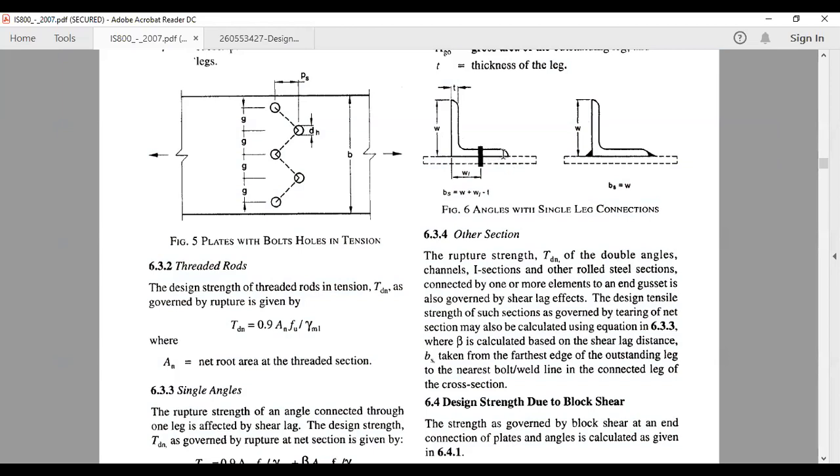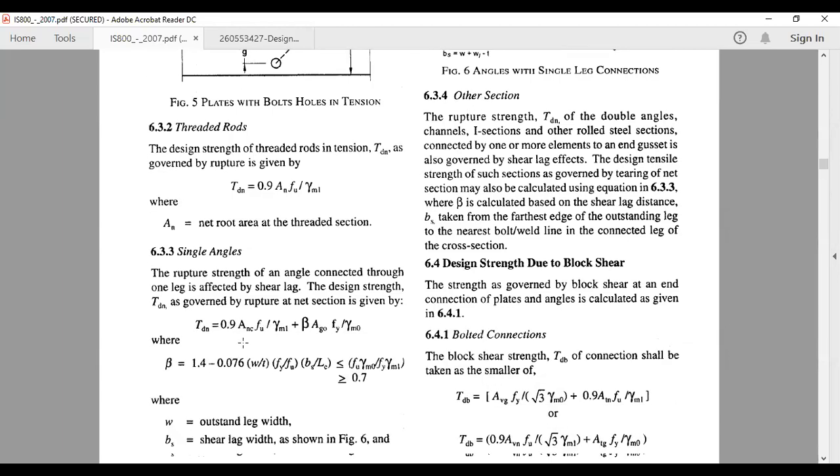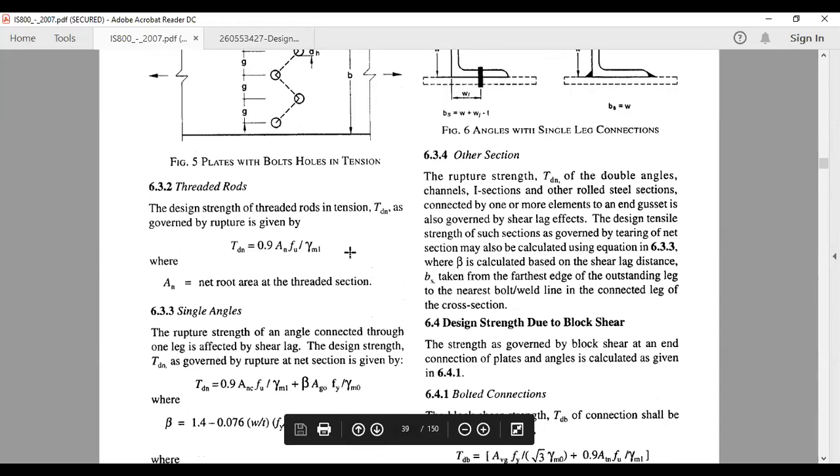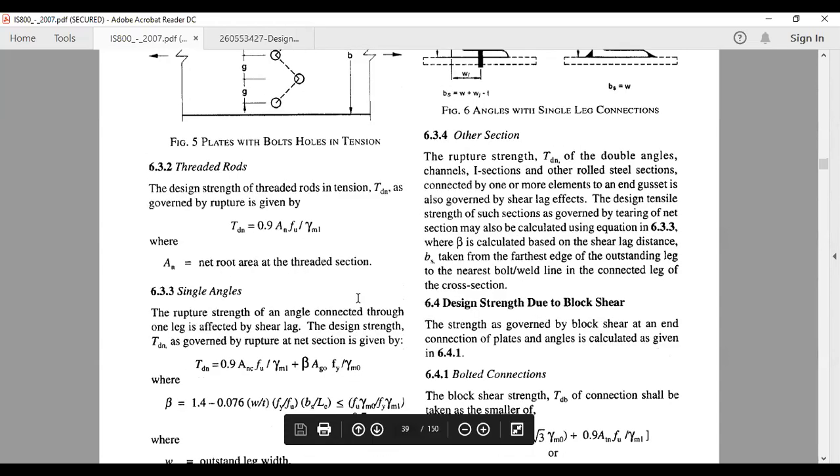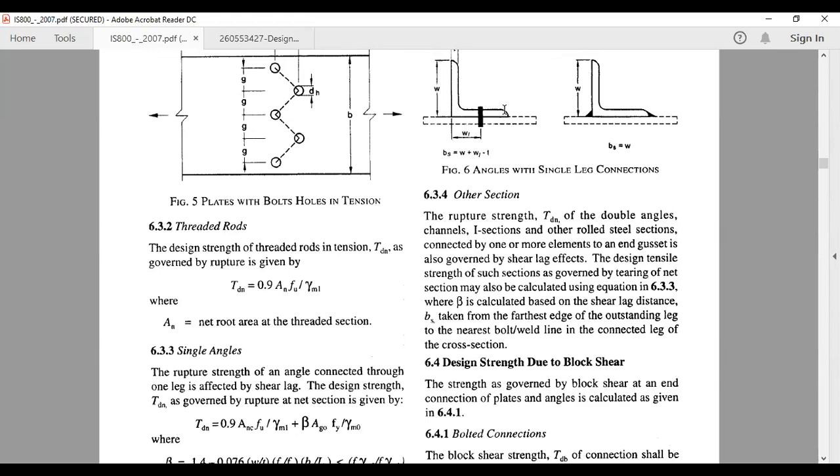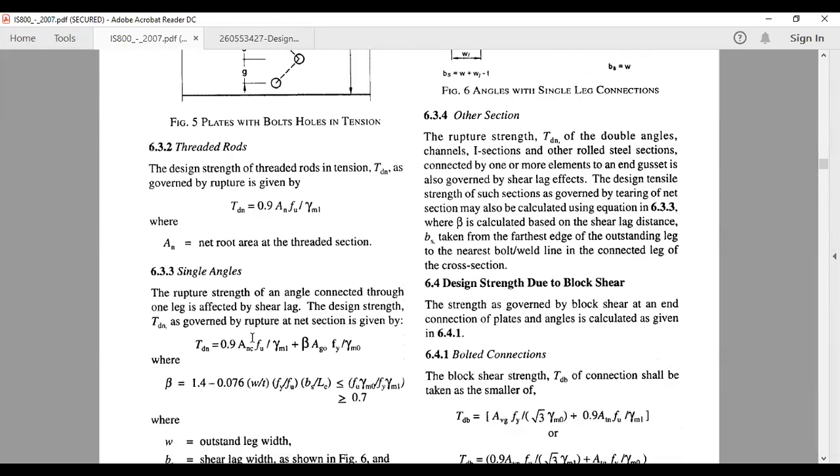So this total width minus half the thickness of the angle section, this whole thing multiplied by the thickness of this angle section. That will give you A and C. Okay, and also when we talk about the connected leg, what deduction we need to take is the bolt holes. If at all bolt holes are present there, if it is bolted connection, then deduct for the bolt holes. Total width minus half the thickness minus the bolt hole diameter. Okay, so that multiplied by the thickness of angle section. So that will be A and C.